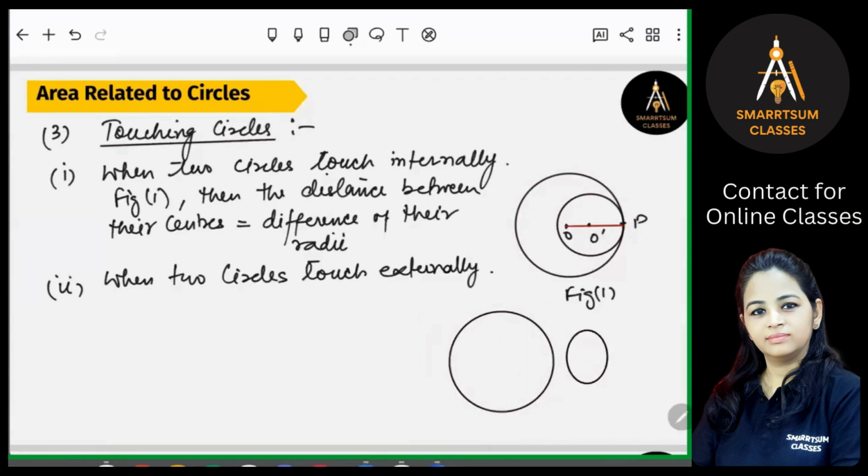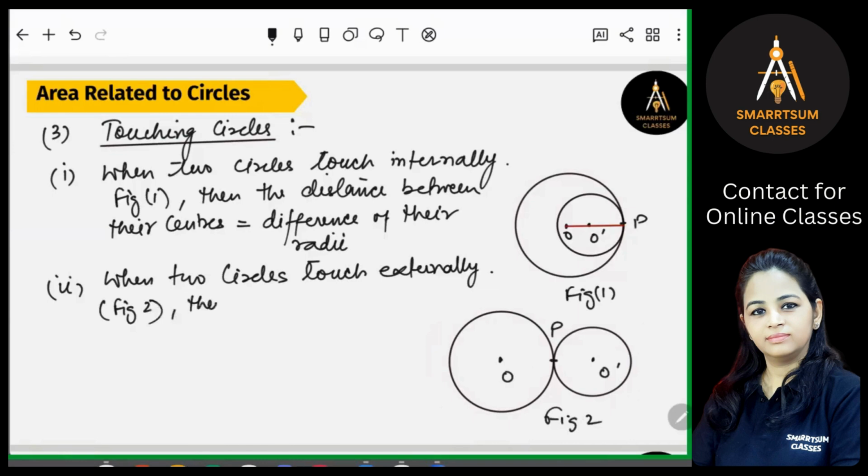One circle, another circle, and they are touching like this. This is O, O dash, O and O dash, right? And the point where they are touching each other is P, right? So when two circles touch externally, suppose this is figure 2,